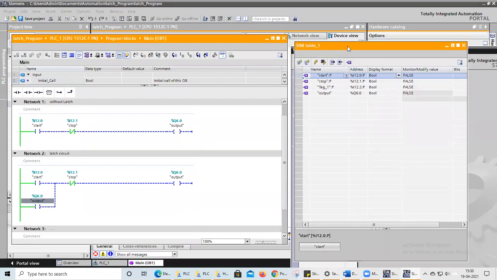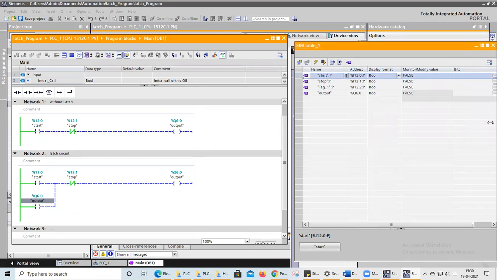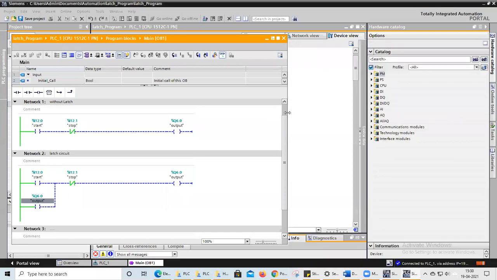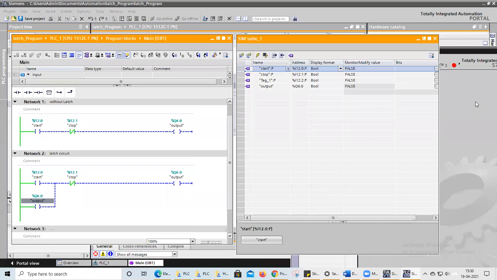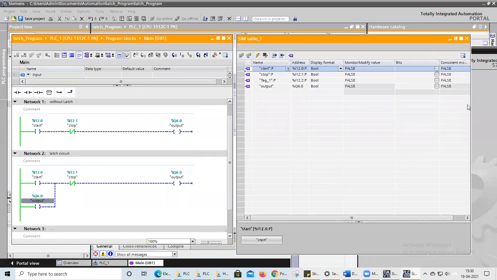Here you can see, I don't have a physical CPU here, so I'm using a simulator. In the simulator, I will vary the values, which means I will just click start and stop with the help of my simulator. Please follow like this only. See, here everything is digital. So I want to start my bit here, so I will use the start option. I will just click once.